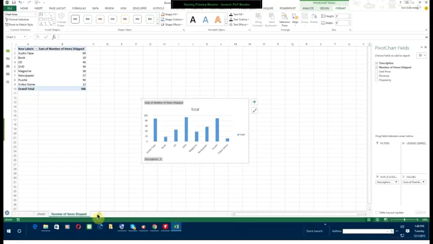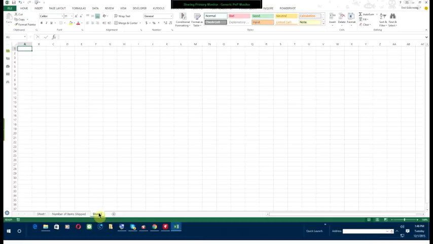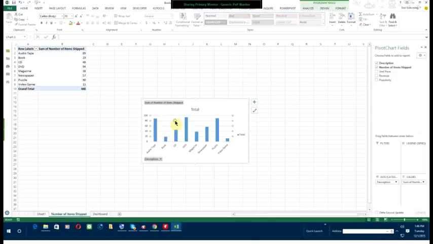Let's click on plus again, all right? And this is going to be the sheet devoted to your dashboard. So right-click again and do rename. And dashboard. Yeah. Okay, now basically you want to go back to number of items shipped and just select this entire thing